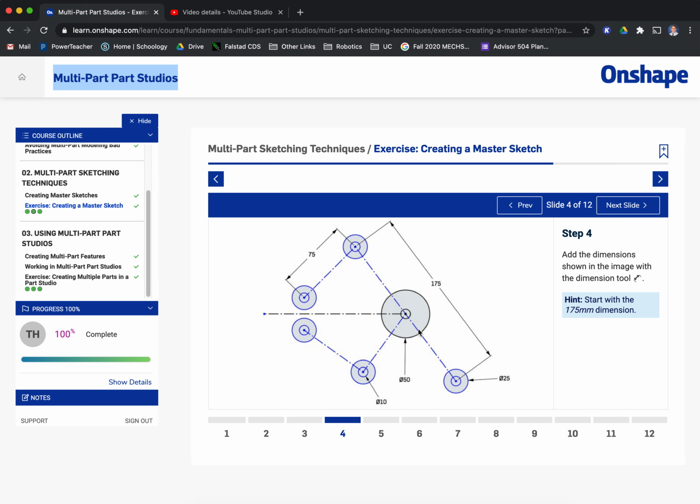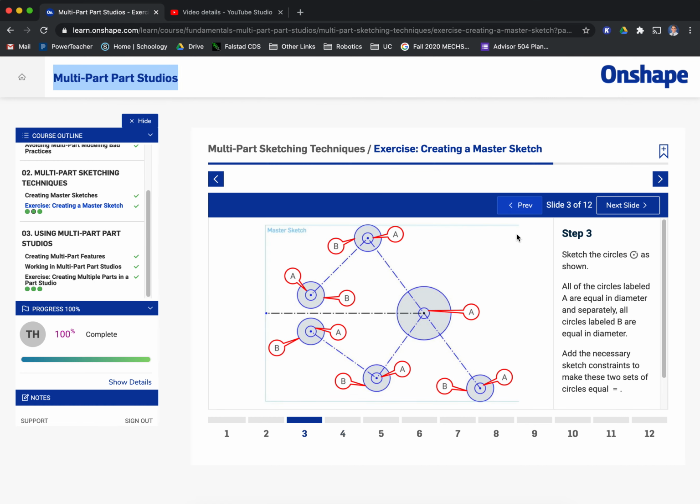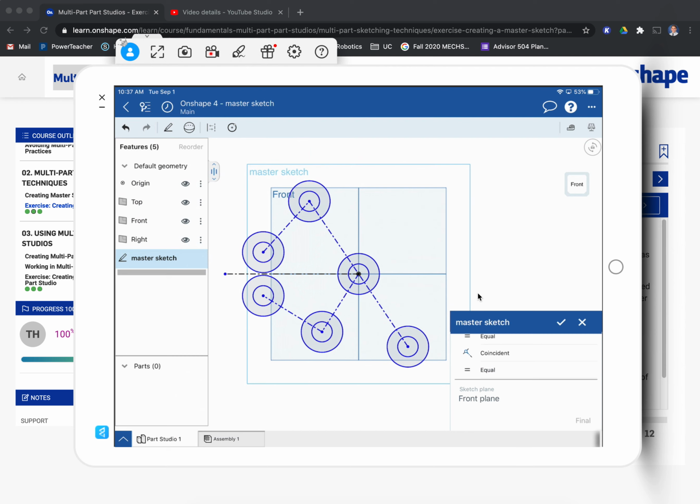So it looks like we're going to have quite a bit constrained here afterwards. So let's see what we get. So I'm going to do my diameters first. Little circle. Oh, did I miss a step? I sure did. So on these circles, notice the big circle is not circle B. Let me actually undo that last equal step,